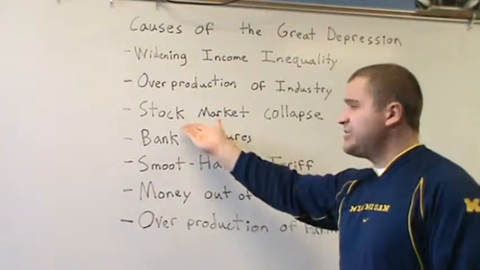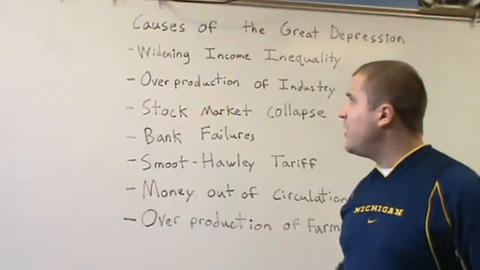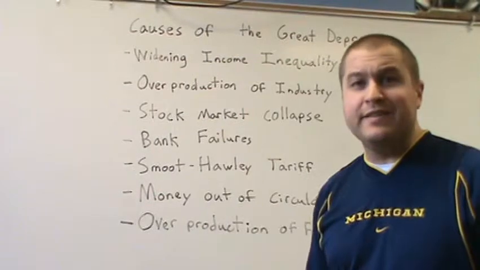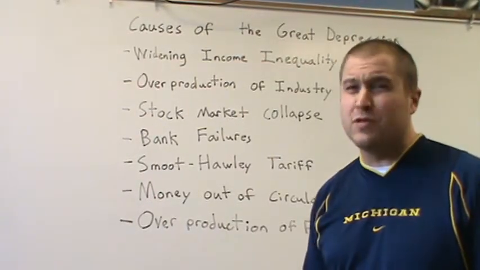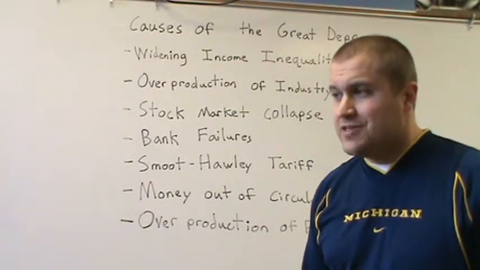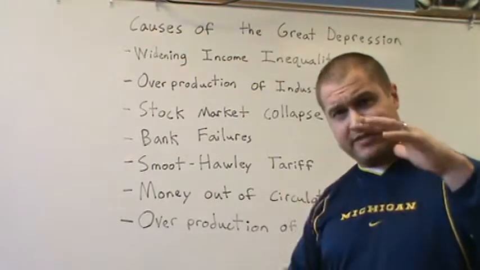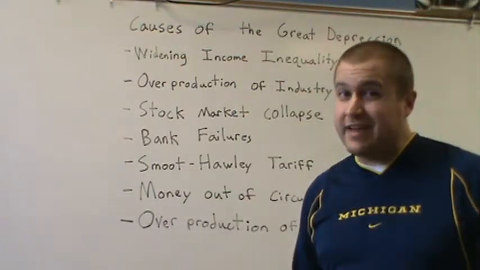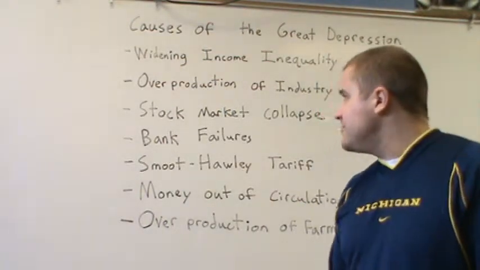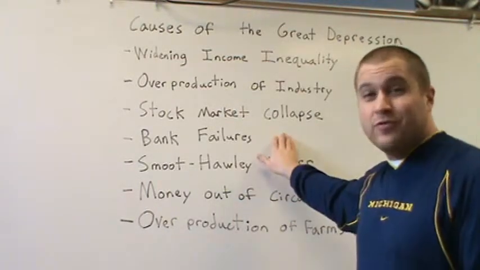A third option that a lot of people say, and it's probably really a combination of all of these, is the stock market collapse. October 28, 1929, the stock market tanks almost 13%. The next day, it tanks almost 12%. So you see this large, sizable drop in two days, and it continues to drop. The stock market actually takes a couple decades to fully recover. Some stocks recovered quicker than others, but as a whole, some of the indexes didn't fully recover until the 1950s.